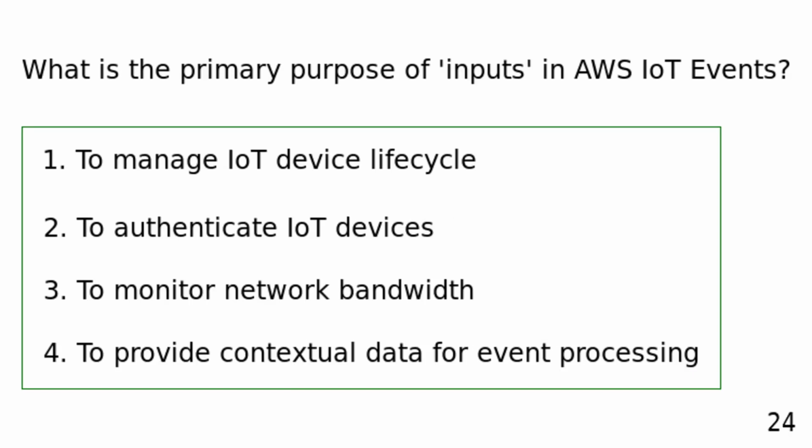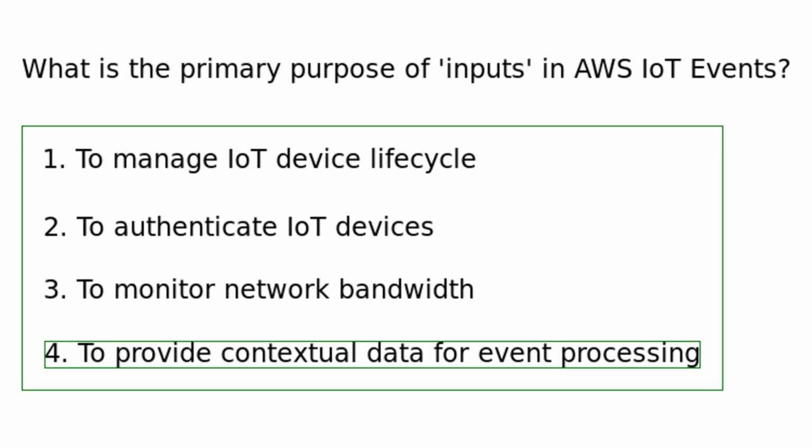What is the primary purpose of inputs in AWS IoT Events? To manage IoT device lifecycle. To authenticate IoT devices. To monitor network bandwidth. To provide contextual data for event processing. Inputs in AWS IoT Events are used to provide contextual data associated with events, which is crucial for determining the